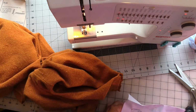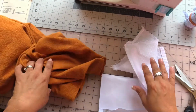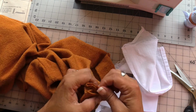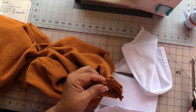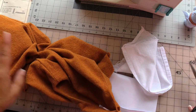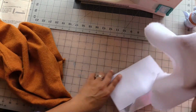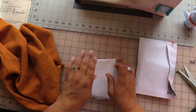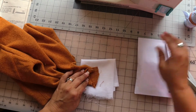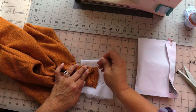So one thing that I wanted to do before I hand stitch the shoulders the way they're supposed to be stitched is I want to apply some fray check to this fabric. I want to make sure I don't get it on my garment because it is a plastic and I don't want that to be evident on this part of the garment. I just want a little bit along the edge. So I have one of my raggedy little press cloth pieces right here. I'm going to pull all of my shoulder, other outer fabric that's going to show, and I'm going to pin it like so, just to get it